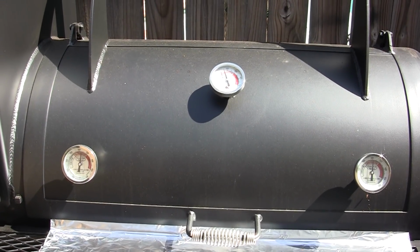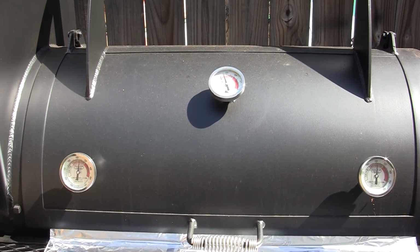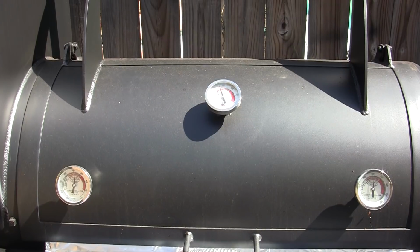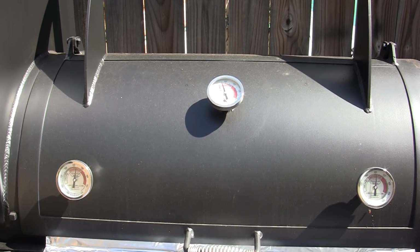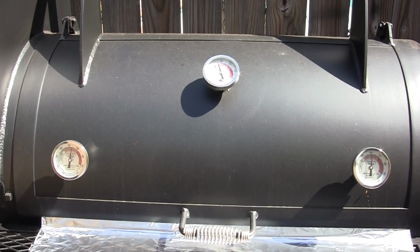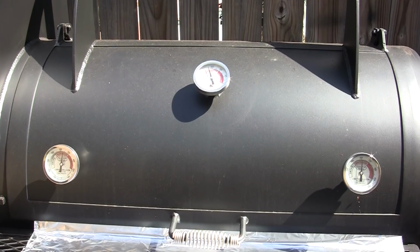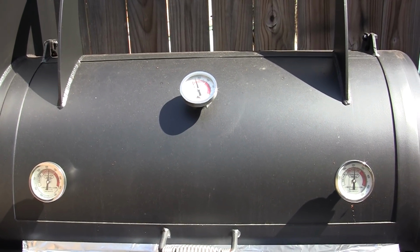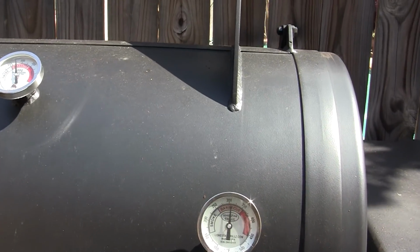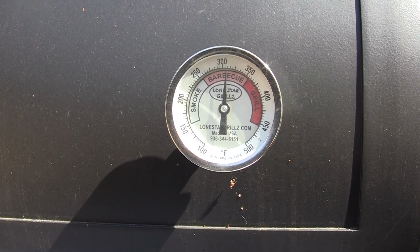Alright, looks like the pit's settled down to temp. It's been requested by a couple of people that I also include the temperatures of the vertical, even if I'm not using it. I guess a lot of people are contemplating the vertical versus the horizontal. So we're trying to remember to put those temps in there, and that way you can see the spread. But for right now, we're running a little warm, but I'm under a time frame on this pork loin, so looks like we're about 300 here